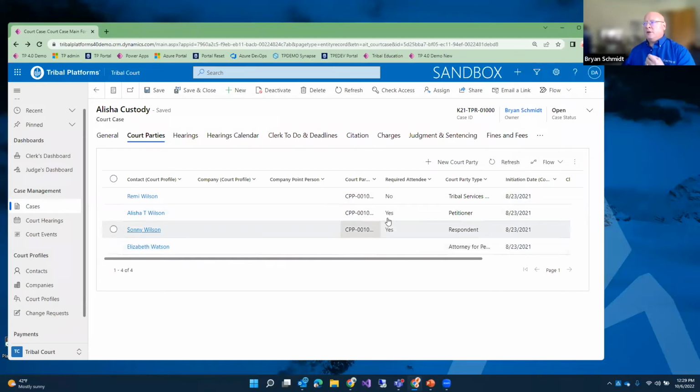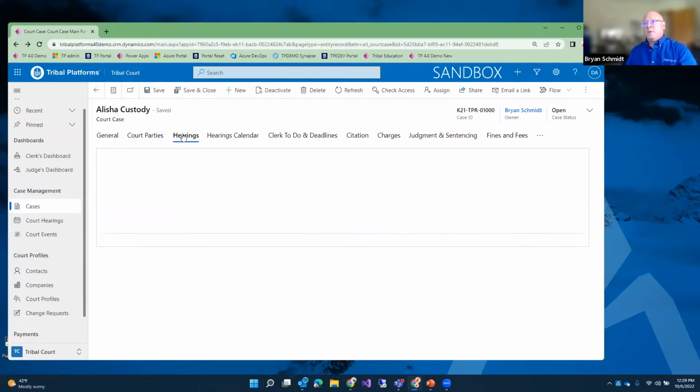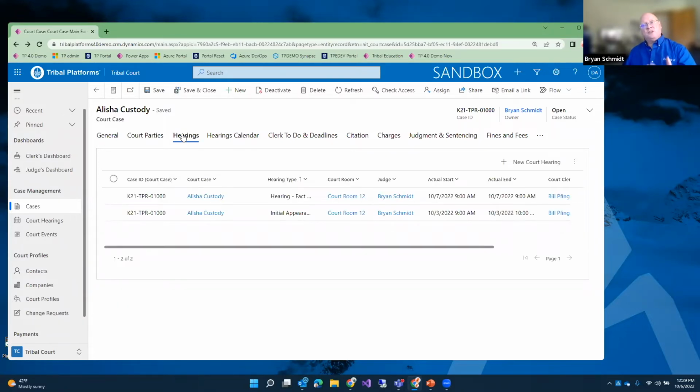And then if there's hearings, are they required to attend or not? So that defines the rule of how those notices and so forth are actually sent out for hearings and that kind of activity. And then of course, hearings are kind of the central aspect of this. So with this court hearing, I can create new hearings, and it will allow me to attach documents to that appointment that will be sent out. So I can use a template to email that information and then send it to those related parties.